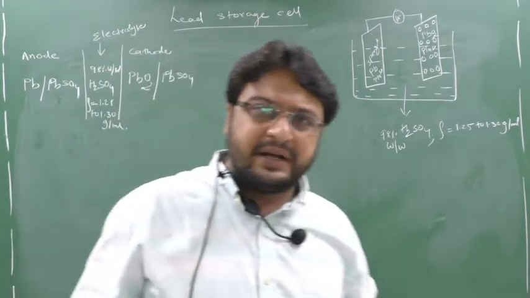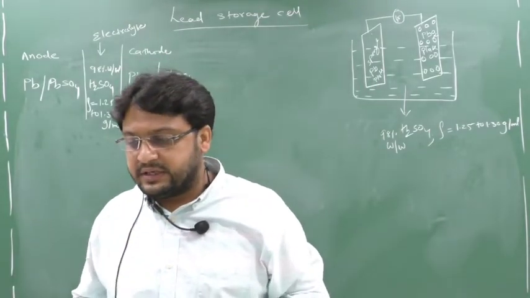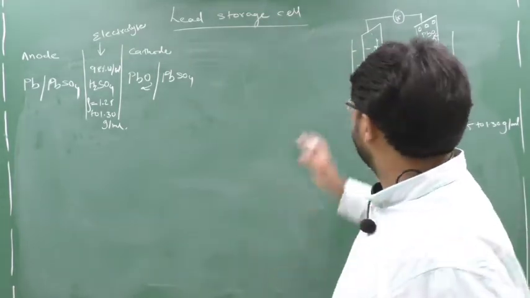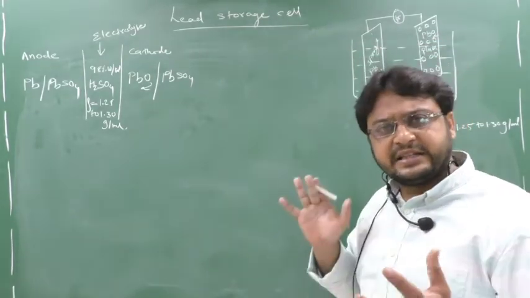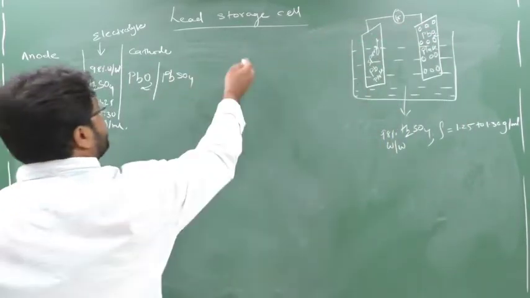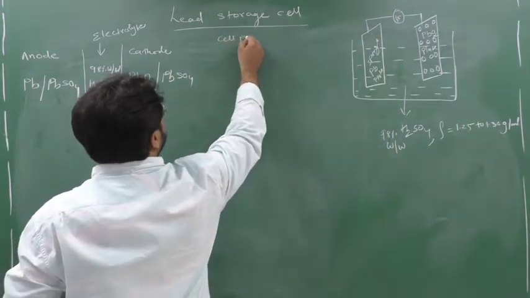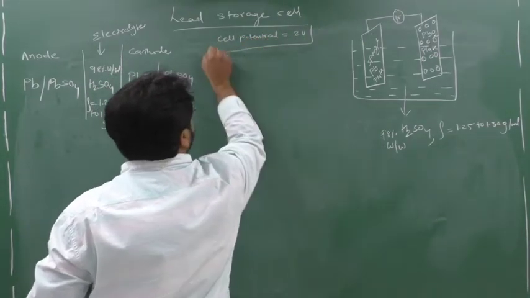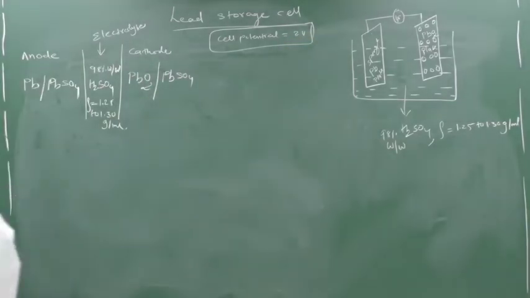It is used in car batteries, scooter batteries, or truck batteries. So this one cell is not used; a number of cells are connected in series, and we can use them as a battery. You can write down one more point: the cell potential of each cell will be nearly 2 volts. Clear this part? Now we will see first the anodic reaction, then the cathodic reaction, and